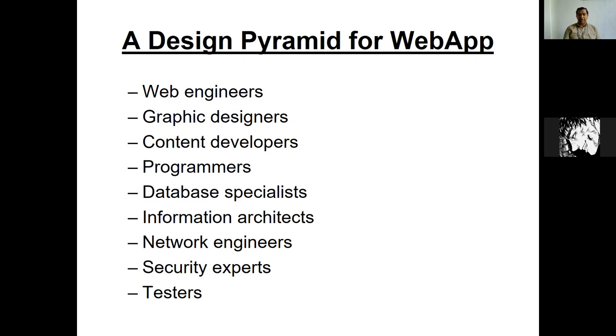You can be a person into that, or if you want to become a programmer, you can become one. Programming is a part of it. That's what we keep telling: we have a good number of opportunities for all the people who are learning the technology. If you're not too good in programming, you can take any one of these roles. Information architects are the ones who decide what sort of information